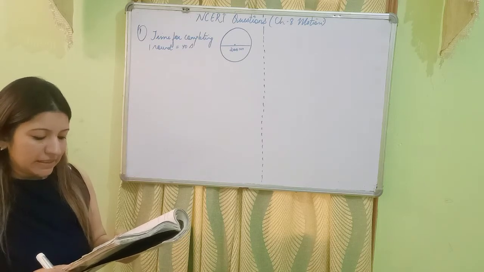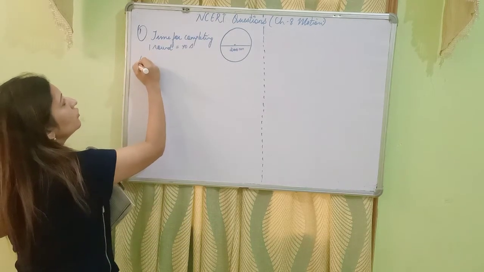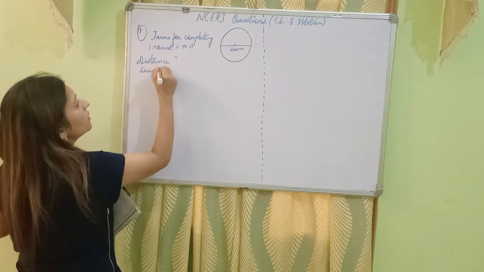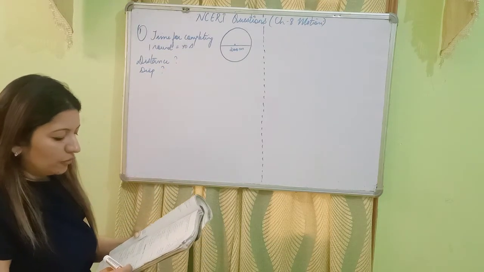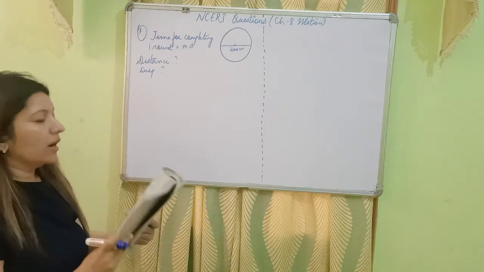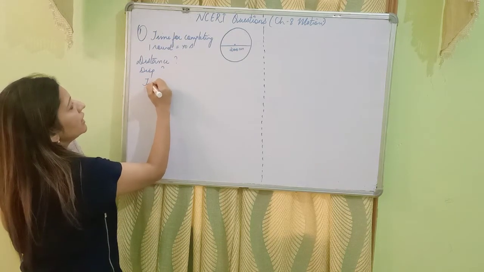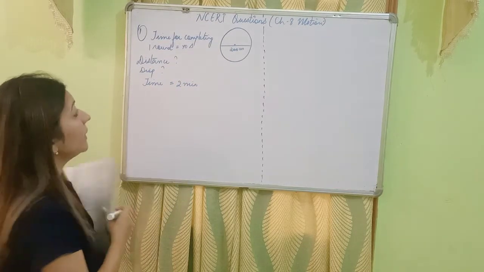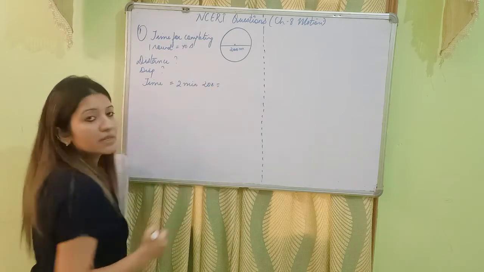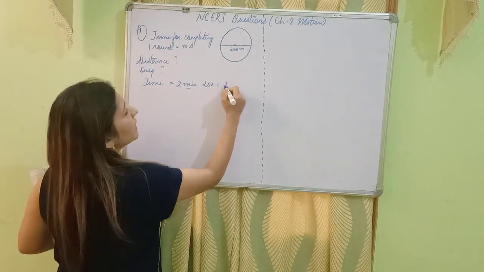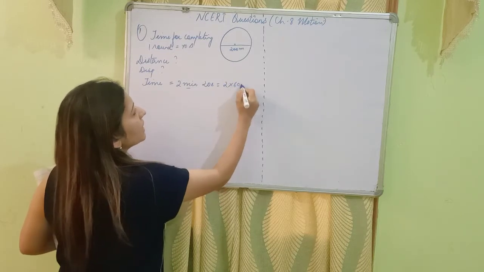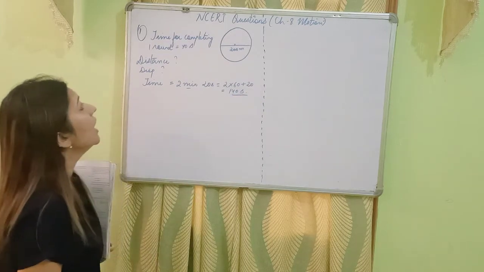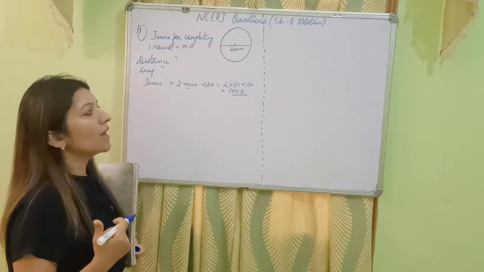I told you before also, we'll be writing the quantities as we read the numerical. What will be the distance covered and displacement? Now you need to find both distance covered and displacement at the end of 2 minutes 20 seconds. The time for which the athlete ran is 2 minutes 20 seconds. We'll convert this into seconds. 1 minute is 60 seconds. So 2 into 60 plus 20, so this comes out to be 120 plus 20 is 140 seconds. So you need to calculate distance and displacement of the athlete for 140 seconds.